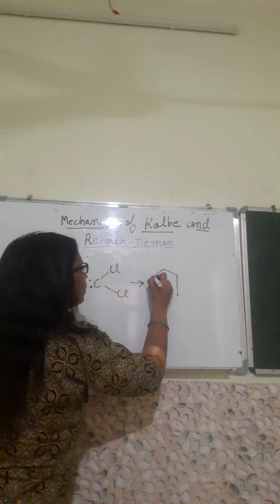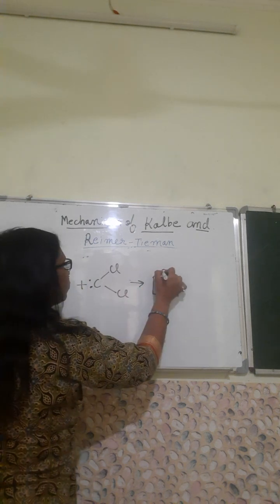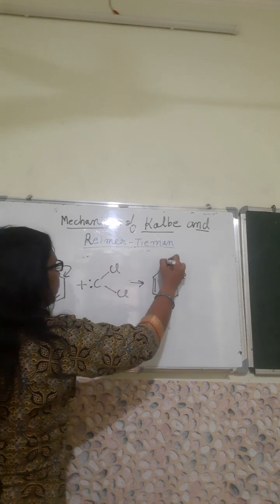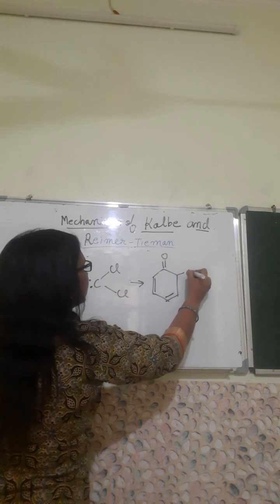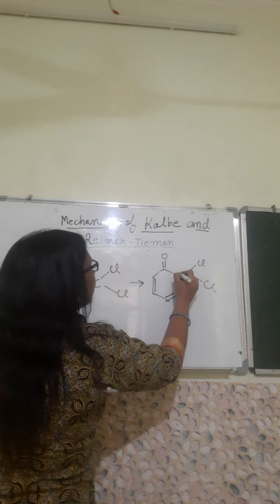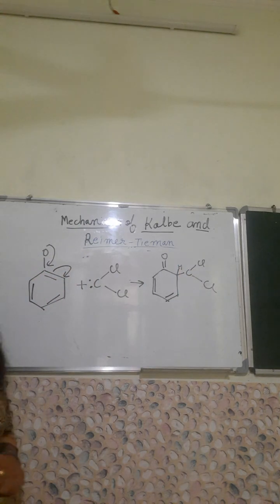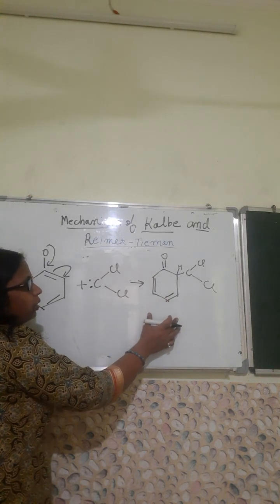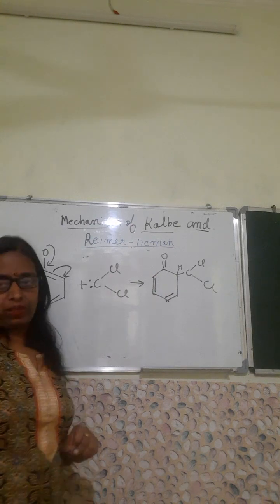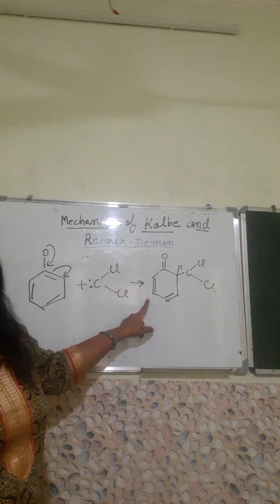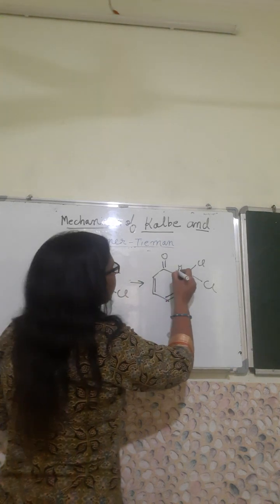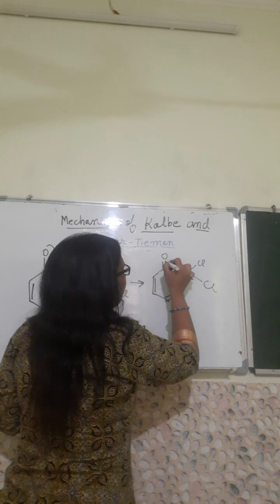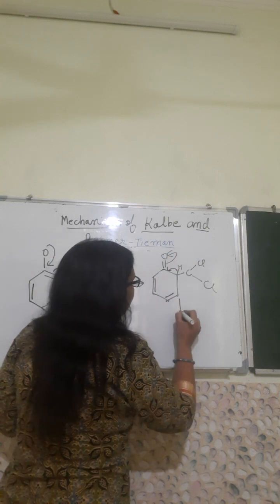Now second step: these bonds remain the same, double bond here, then Cl here and the H. Now see this structure, it is not stable because according to Huckel's rule benzene has 6 pi electrons, but here there are only 4 pi electrons. That's why